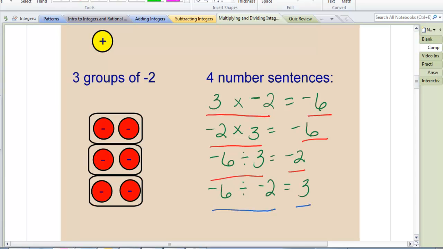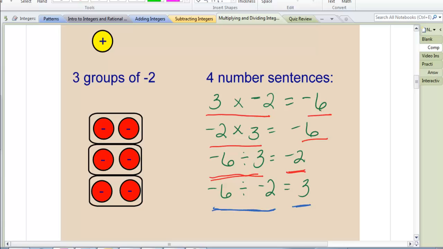So this is the reason why our rules are the way they are. When you have same signs, you end up with a positive. When you have different signs, you end up with a negative. Another way to remember these rules with multiplying and dividing negatives and positives is notice that whenever you have something